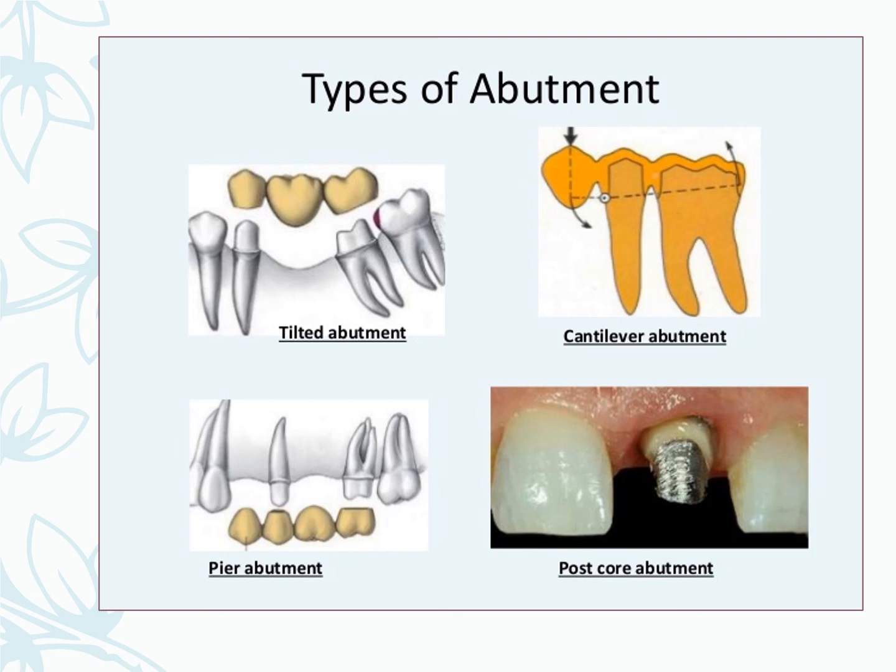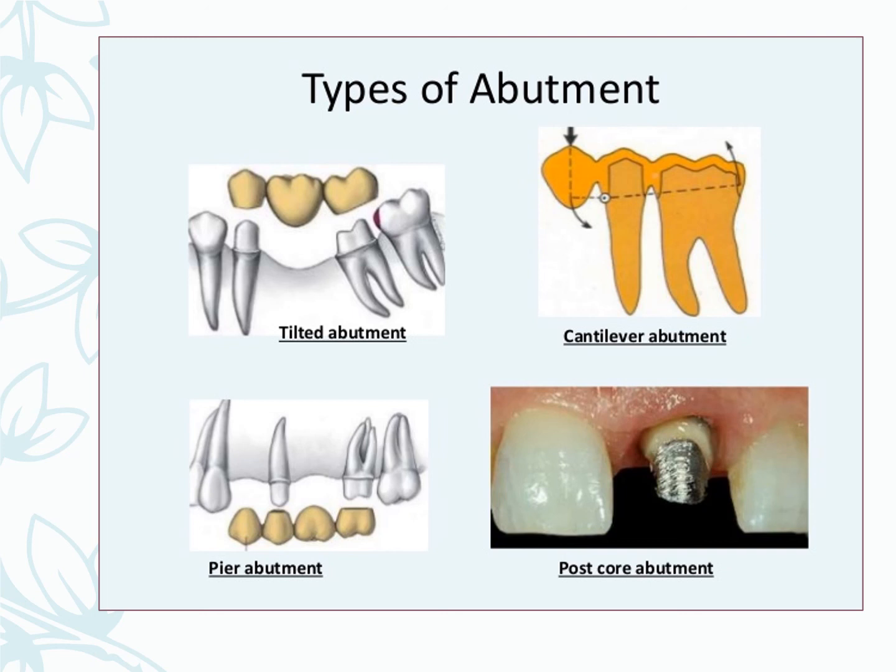You prepare it, and without preparing the adjacent tooth on the other side of the edentulous space, you restore that edentulous space with a cantilever, with the pontic attached to the abutment which is adjacent to the edentulous space. So this is how it looks. You are not preparing teeth on either side of the edentulous space, but only on one side of the edentulous space.